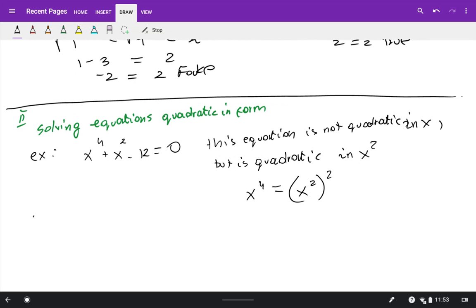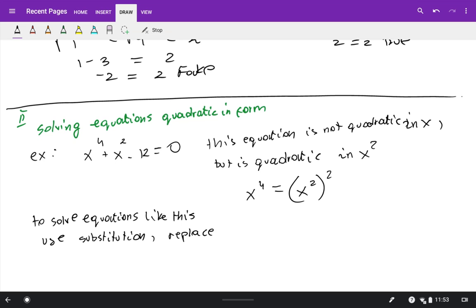So to solve equations like this, use substitution, which means replace the middle one, most of the time, the middle variable,